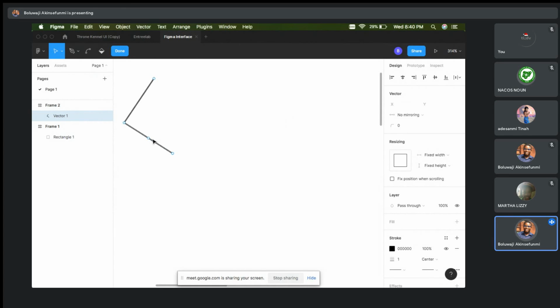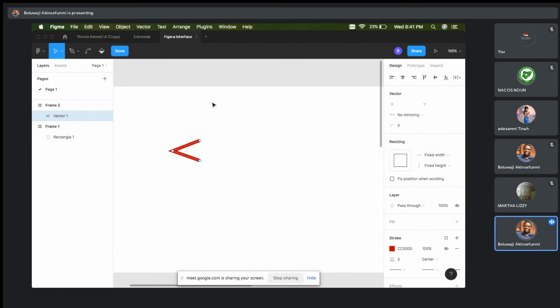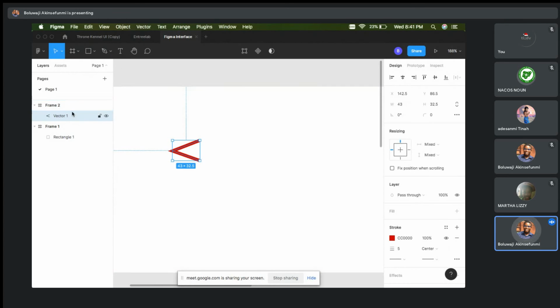Let's say you want to create a back button, you can come and do something like this to create your back button or something that looks like a back button. Then add some colors. Then add a weight to the stroke. That's too much, let me make it 5. Then after adding the weight to the stroke, what else? So instead of you going through that process, let me just press done. Instead of going through that process of creating this particular whatever it is that you need,